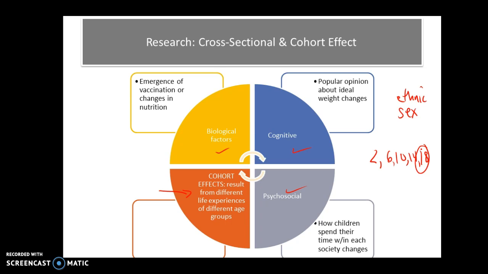So psychologists are consistently concerned about the cohort effect, about how life experiences of the different age groups can impact whatever factor we're studying. Height, weight, could be a plethora of factors. One other example I just want to give you that might make a little bit more sense. Let's say we're studying